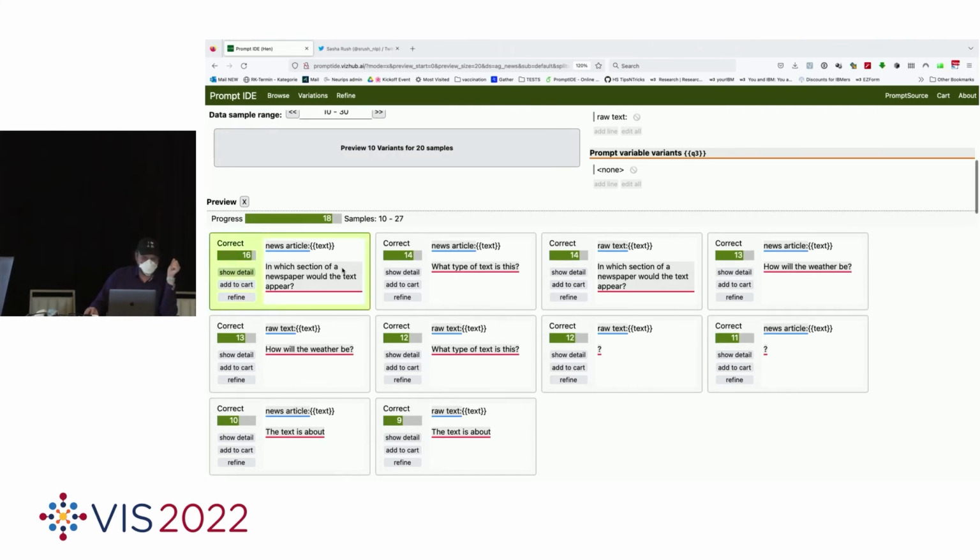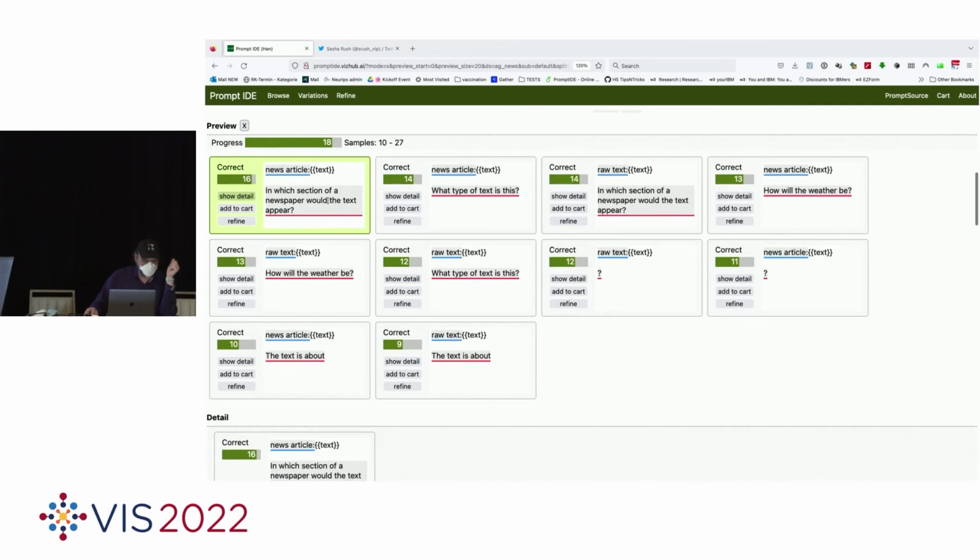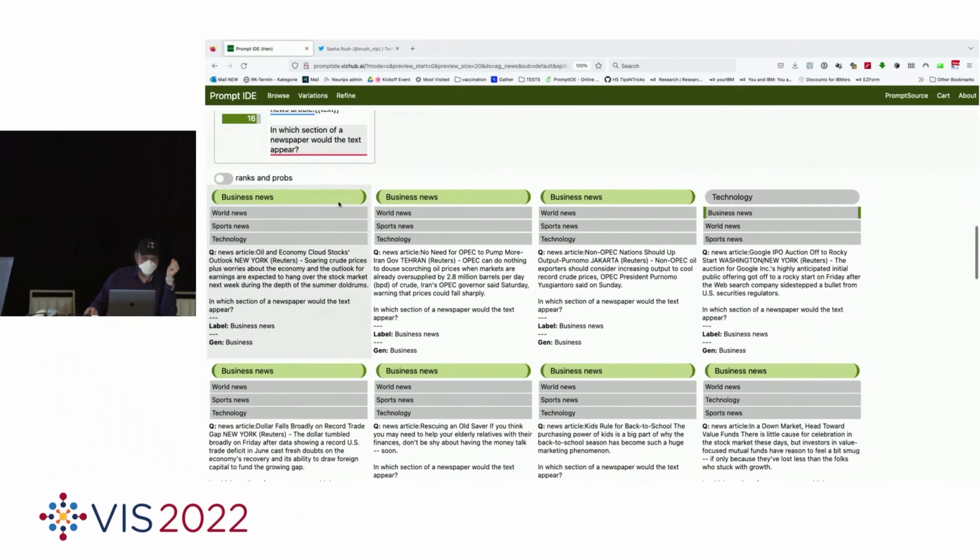You can look in detail at this specific prompt variation, and you see it's doing well. Whenever you see green, it's a right classification. But you also see an example where the label would have been business news, highlighted with green borders, but what the model actually thinks it should predict is technology. So it's a misclassification, while the model itself produced business as text.